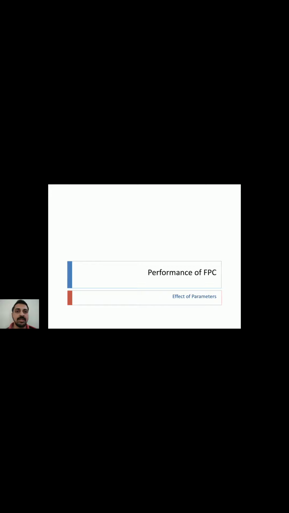Of the flat plate collector. In detail, the thermodynamic analysis has been discussed in the previous classes. Today, we will see what are the different parameters which will affect the performance of a liquid flat plate collector. There are four important categories of parameters which affect the performance of the flat plate collector, namely design parameters, operational parameters, meteorological parameters, and environmental parameters.